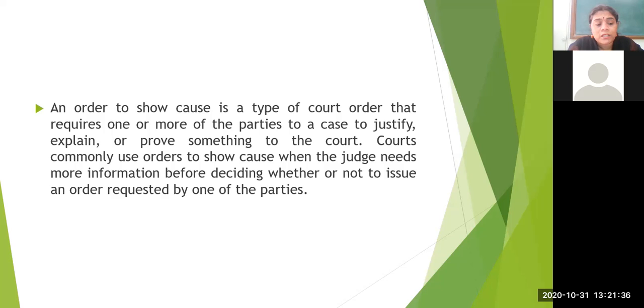order, and they're giving the employee, according to a certain company law or policy, that you did a certain misconduct in the organization. Now you must be ready with your opinion and your views on why you did something wrong, with the proper answer. Okay, and they're giving certain dates or a certain time period before which you need to give an explanation on that. So the letter giving this order is called a show cause in a simple way.